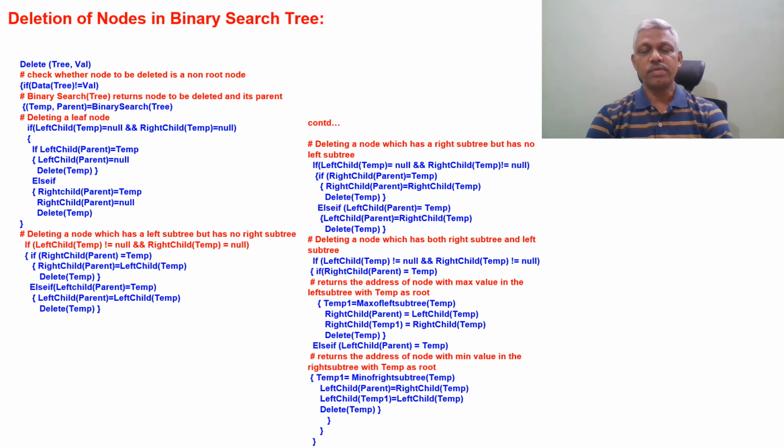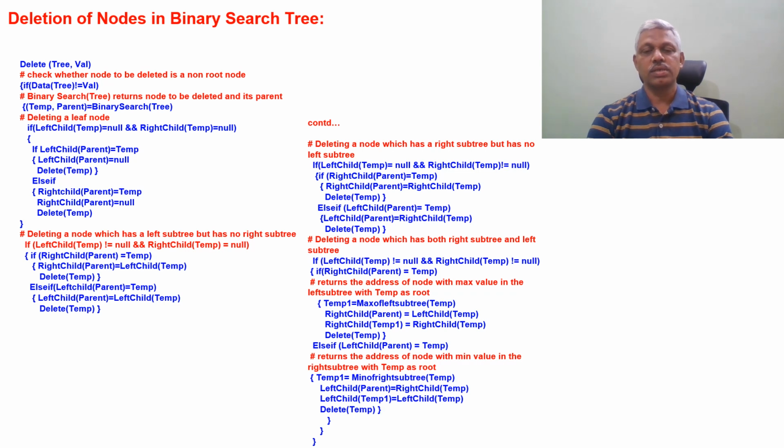And then once it is identified, right child of parent is taken as left child of temp, and right child of temp1 is taken as right child of temp, and delete the node. So once the maximum value is identified, we attach the child of the node to it. This is the scenario. Else, if left child of parent is equal to temp,